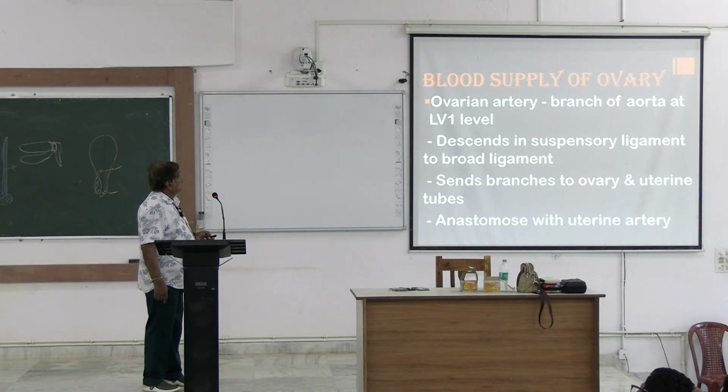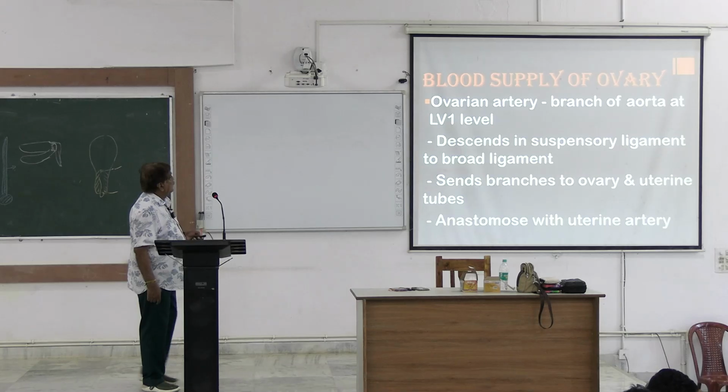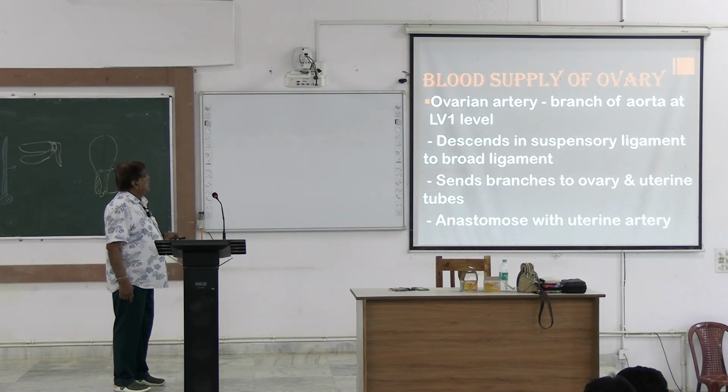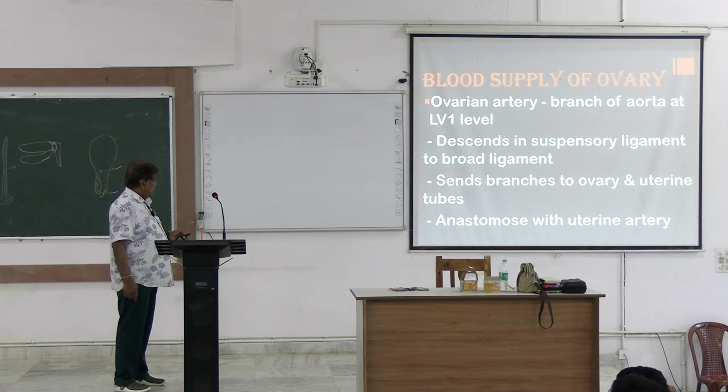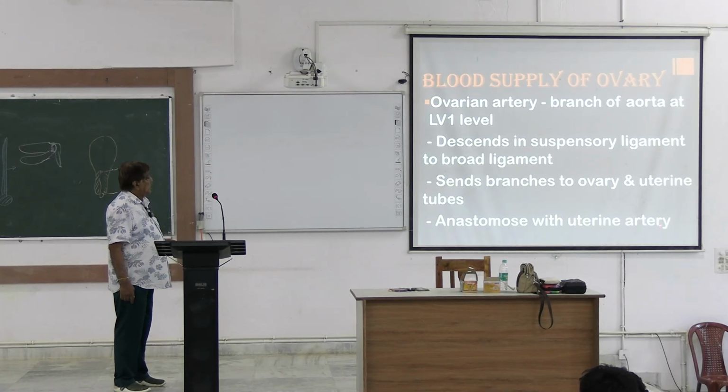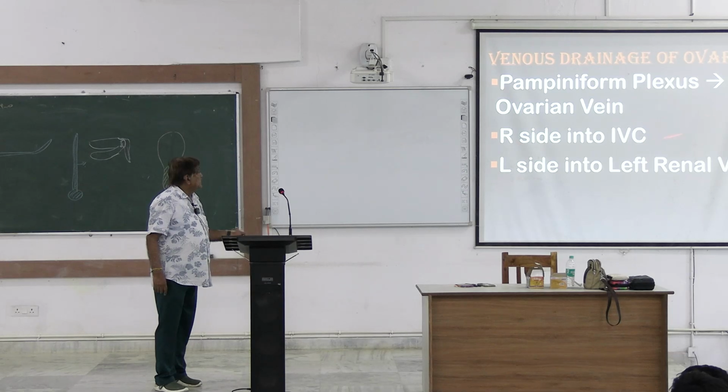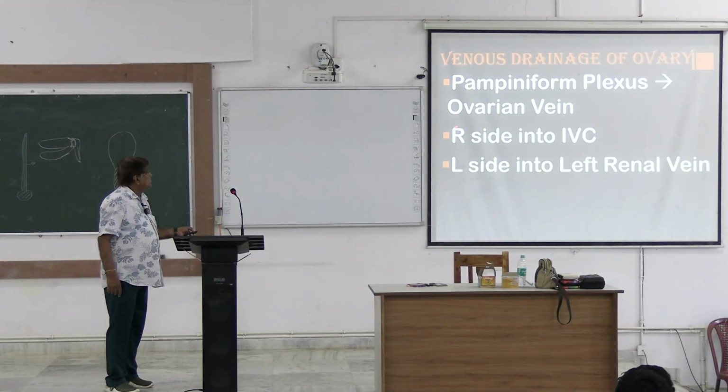Now, blood supply of the ovary: a branch of the aorta at L1 level descends in the suspensory ligament of the broad ligament and sends branches to the ovary and uterine tubes. It anastomoses with the uterine artery. The ovarian vein drains on the right side into the inferior vena cava, and on the left side